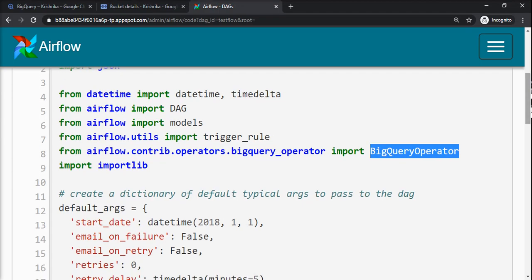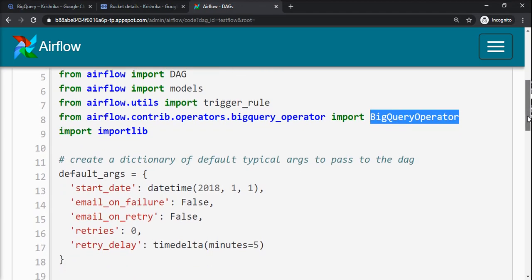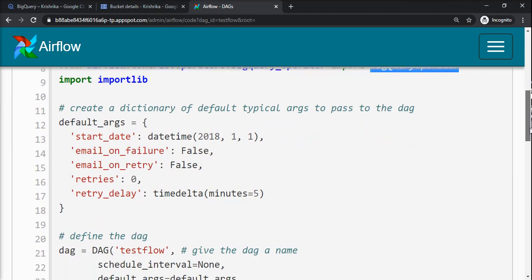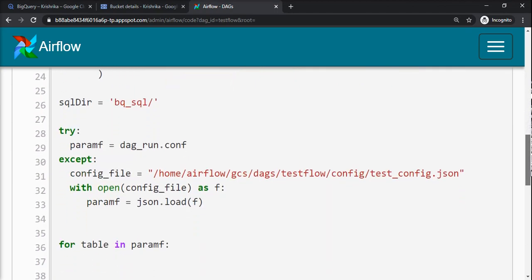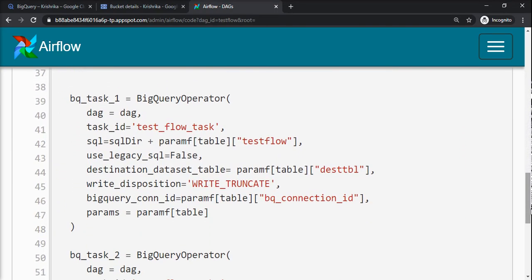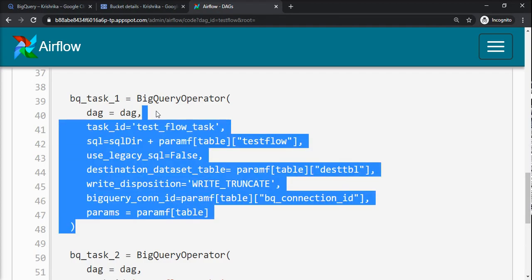So we can have the DML operations and also analytics operations, copying the data from one table to another, truncate overwrite, then partition override. These scenarios in normal BigQuery tables we can do from this Airflow DAG and this BigQuery operator. So the rest of the DAG is the same. The only thing that changes is this BigQuery operator, which takes different kinds of parameters.